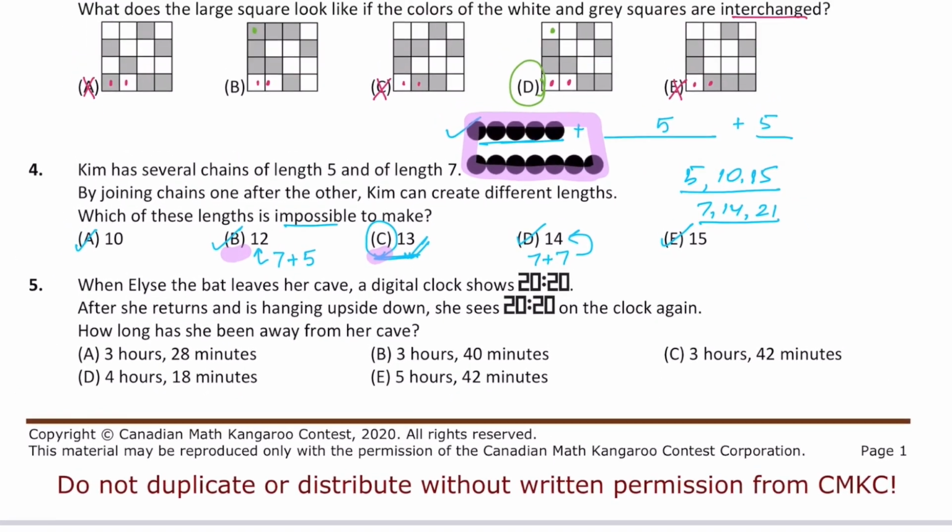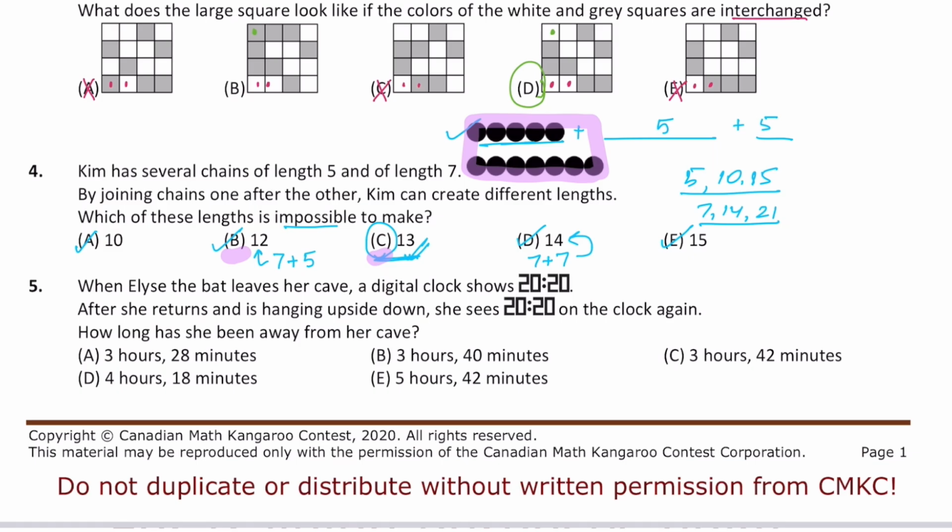Okay, now we have a question that involves a bat. When Elsley, the bat, leaves her cave, a digital clock shows 2020. After she returns and is hanging upside down, she sees 2020 on the clock again. How long has she been away from the cave? Now, you can see that the key term here is upside down, right? So try flipping the paper, seeing what the time is upside down. It should be